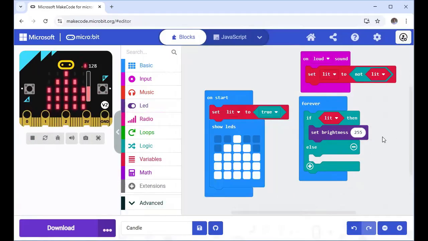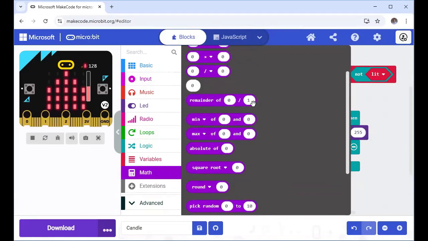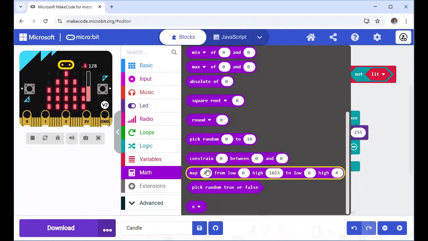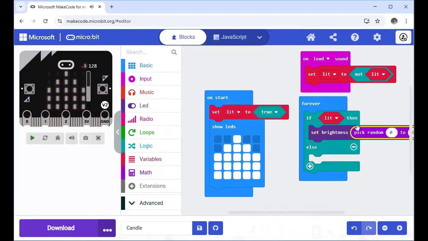And I'm going to set brightness to pick random numbers. So this will make it flicker because flickering of a candle is random. It's not flickering at exactly the same time each time. That would be flashing if you saw it happening at the same time every time. So to flicker, we want to have a pick random. So I'm going to pick random. And you notice in that number, there's 255. So 255 is fully bright. 0 is not bright. So I'm going to have something in between